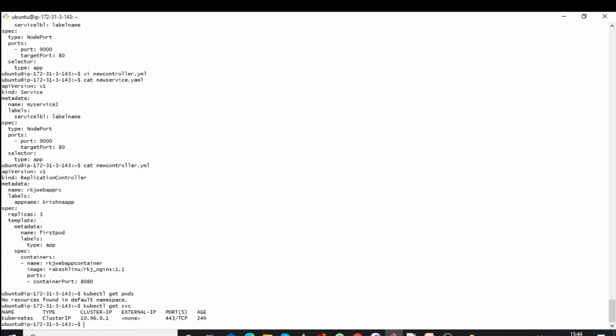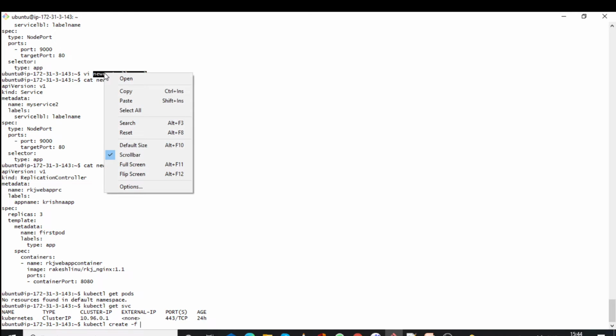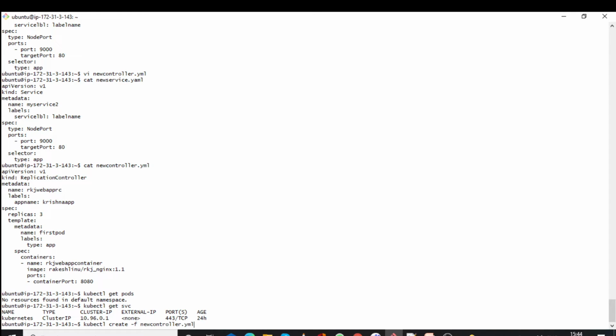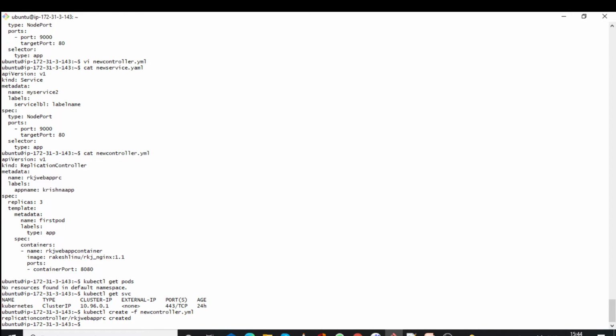Okay, so let's create a replication controller. kubectl create -f, then your YML file name, then next you will have to create the service.